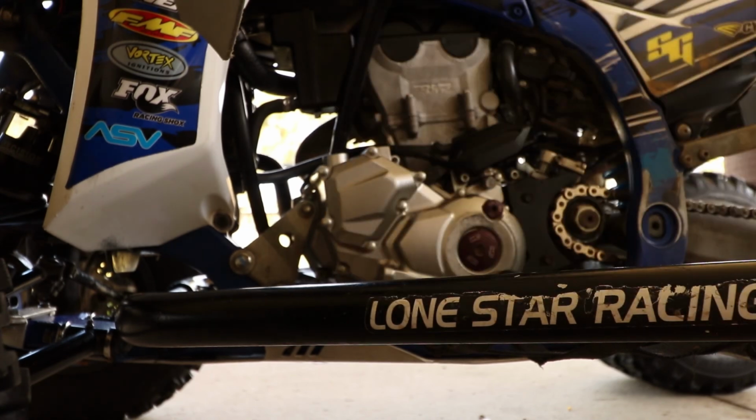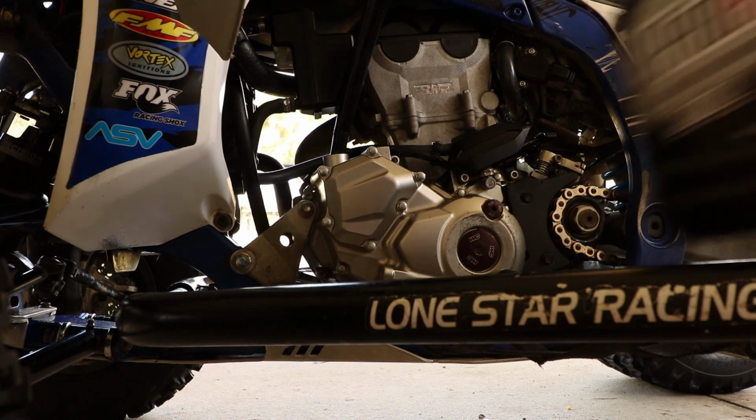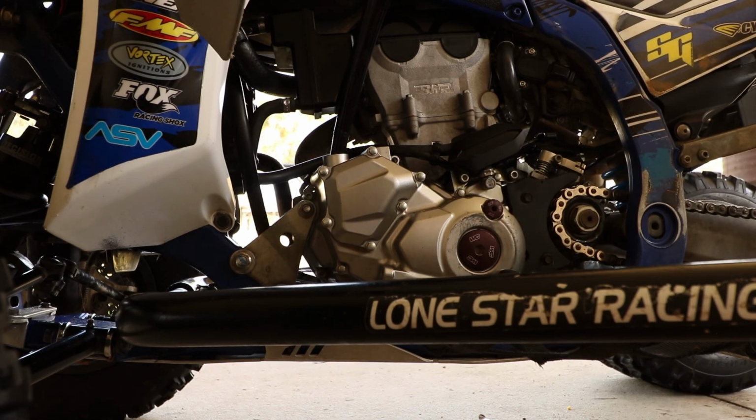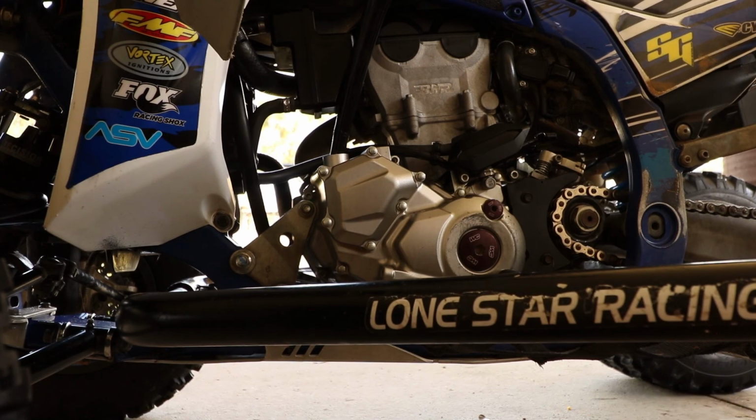A lot of people run Rotella, the diesel oil. We do not run that anymore. We ran it up until they changed the compound of it. It used to be a very good oil, a very cheap but effective and good oil, until they changed the compound of it. Once they changed the compound, it became a very bad oil to use. If that's all you have, then I'm sure it can get you by, but the preferred stuff is Maxima and Thumper, from what I can gather. Like I said, Rotella could probably get you by in a pinch, but